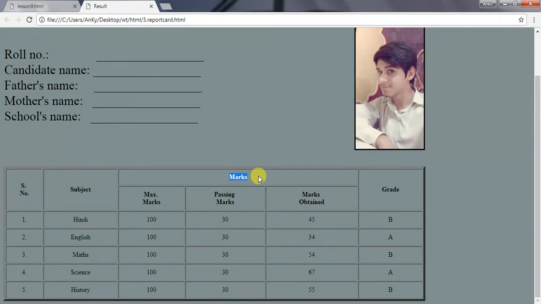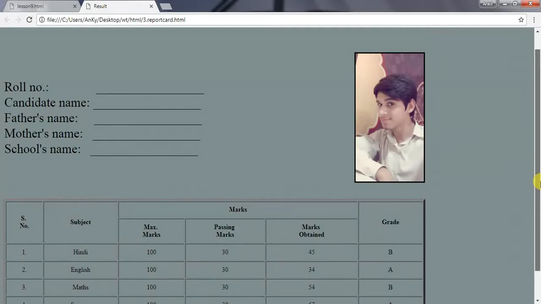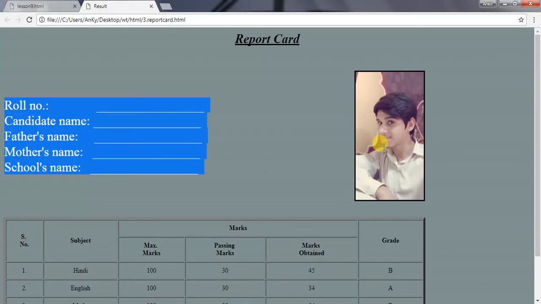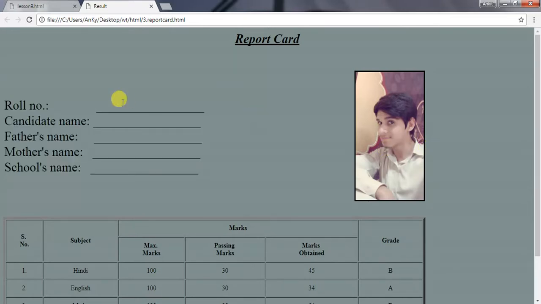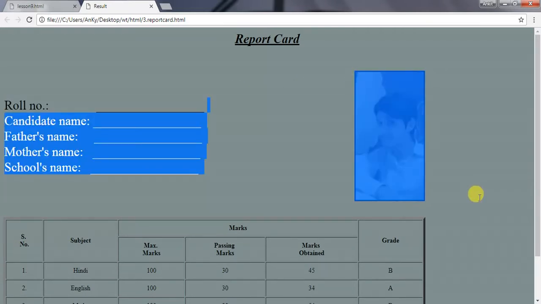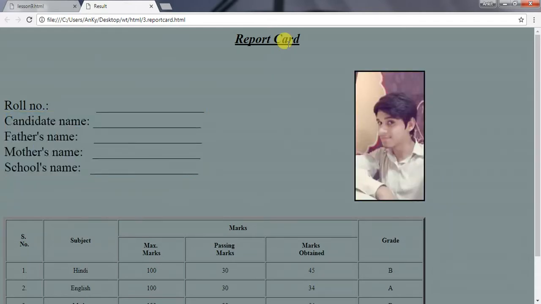For the marks I use colspan to include these 3 columns, and above this table, there is also one table that has 2 TDs, that means 2 columns. The first column includes these 5 things and the second column includes the profile picture, and report card is the caption of the table.